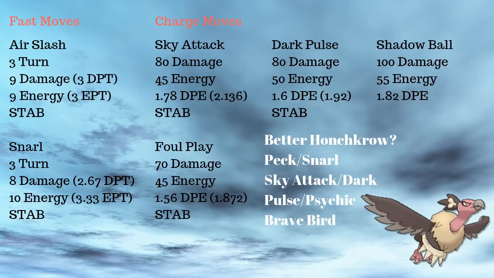Comparisons, kind of like a better Honchkrow. Honchkrow has Peck, Snarl, Sky Attack, Dark Pulse, Psychic, and Brave Bird. Again, it has flying and dark fast moves, and then a Sky Attack and Dark Pulse, but it's really just a better version of it. I guess it doesn't have Psychic,